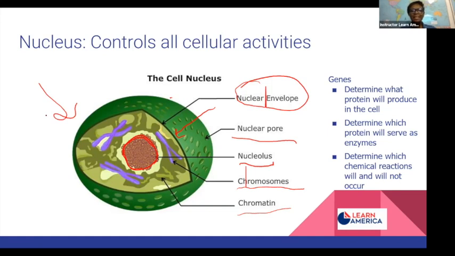We also see that the information inside the nucleus determines which proteins will serve as the enzymes in our body. And as we explored the last time, enzymes are an intricate part of the metabolic processes that will take place in the cell. Next, it will also determine which chemical reactions will or will not occur in the cell. So we'll also talk about some malfunction when there's a mutation that will affect that specific protein from being made. So that's a quick review of the